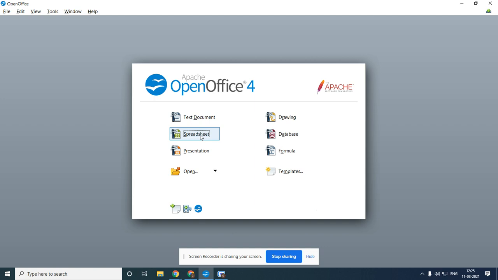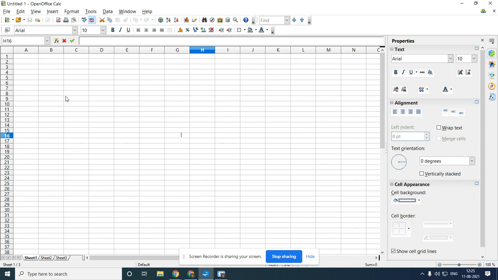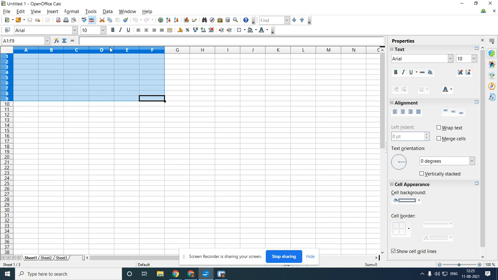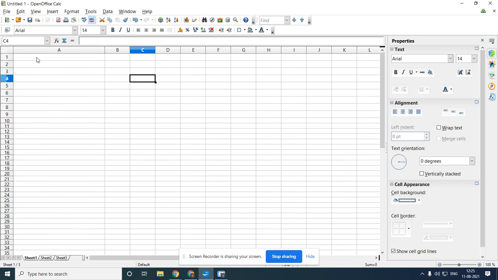For that, just click on spreadsheet. In the spreadsheet, we have to take one example, which can be any example. In your textbook, they have given different bank examples with different scenarios. Here I will take the example of the student amount, or rather, instead of student amount, I'll give student fees.